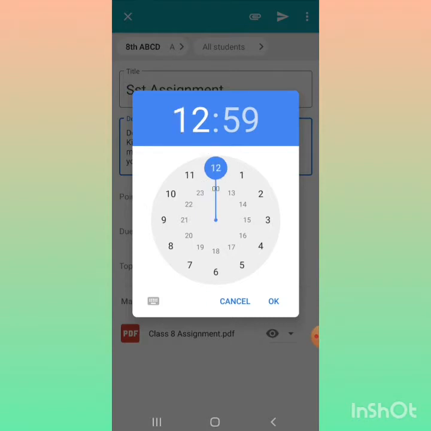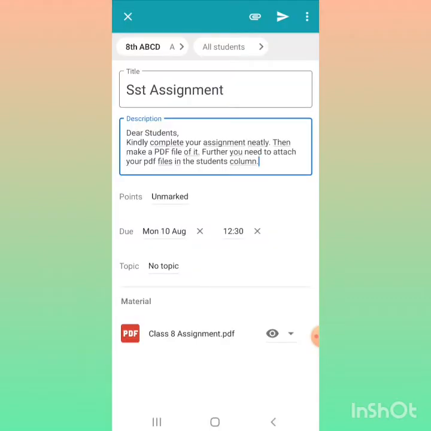Like I'm selecting 12:30. Now the students can give their assignments on 10th till 12:30 only. After that, if anybody is submitting, they can submit, but it will be written as late work.